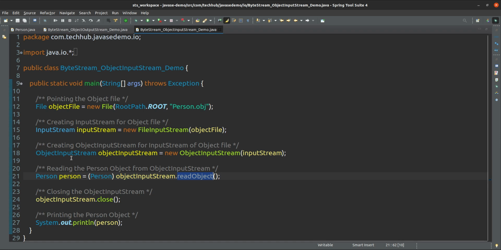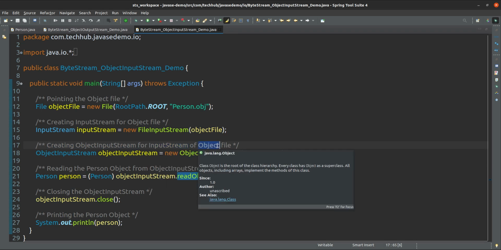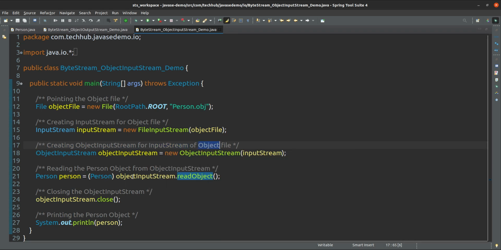In line number 18 we are creating an object input stream for the object file, and from that one I am reading the object, and that object I am printing here. First I am closing this input stream, and after that I am reading this one.